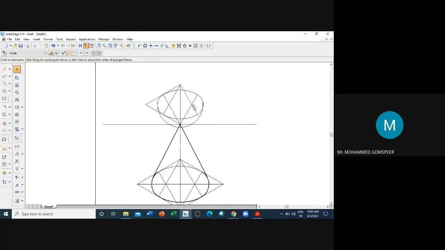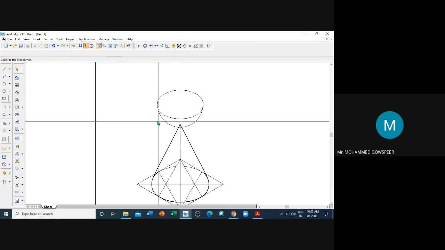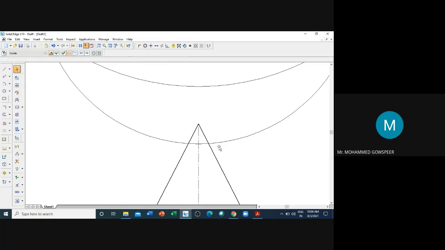I will keep only those which are required. Now here you zoom this portion, so you can trim this portion also. Let it be, we require the axis line.